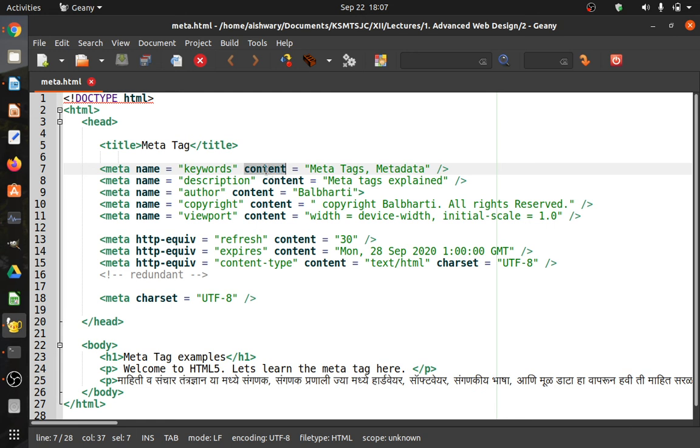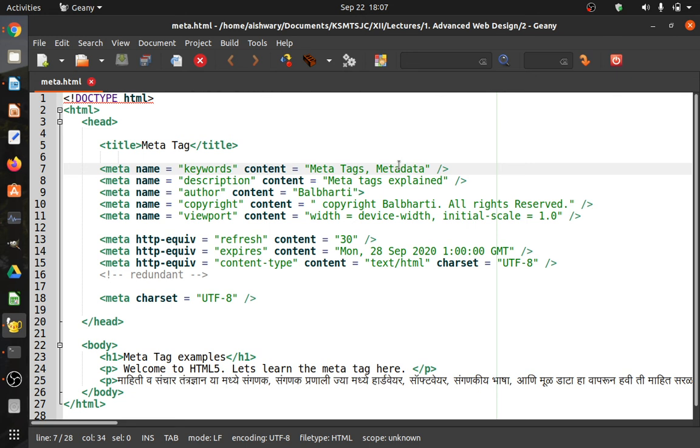For the content, various values like meta tags and metadata are given. These are the keywords for which people are searching for this type of web page.